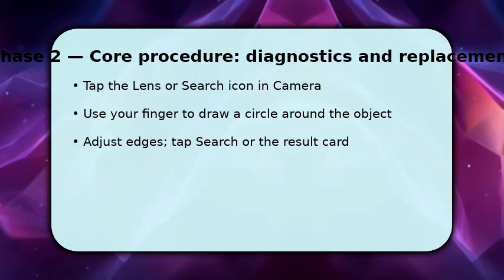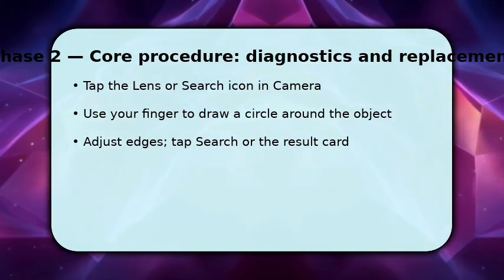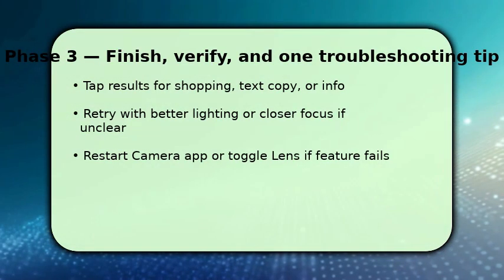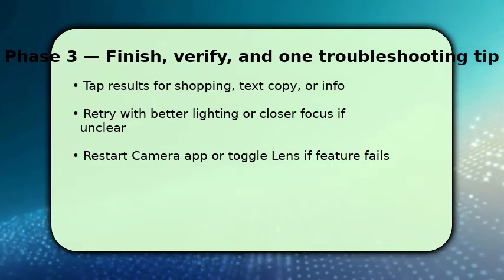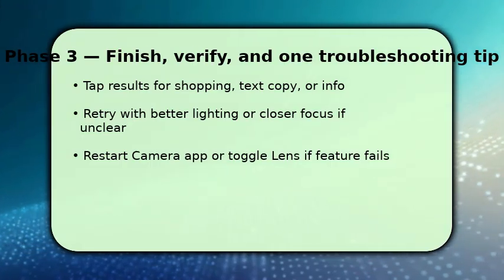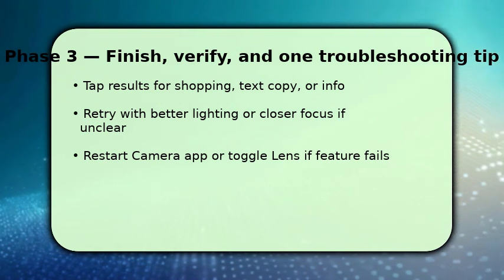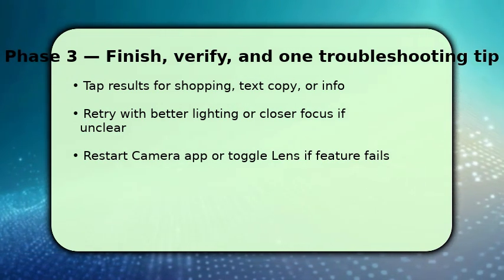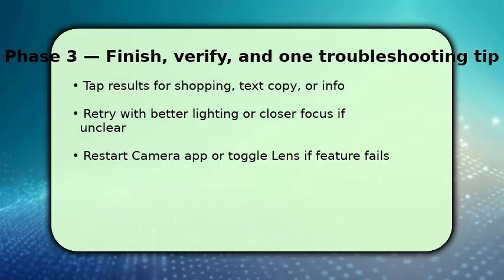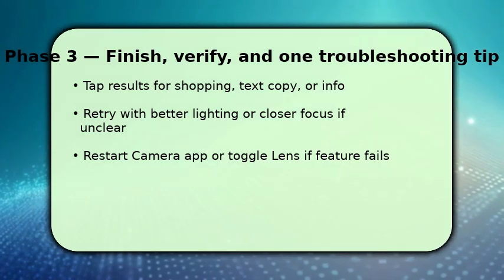The system will return matches, and finally review the search results and tap through for shopping links, translated text, or more information. If results are poor, retry with better lighting, reduce clutter, or move closer so the camera can focus. This improves recognition. If the circle selection won't work, force close the camera app, check lens is enabled in settings,